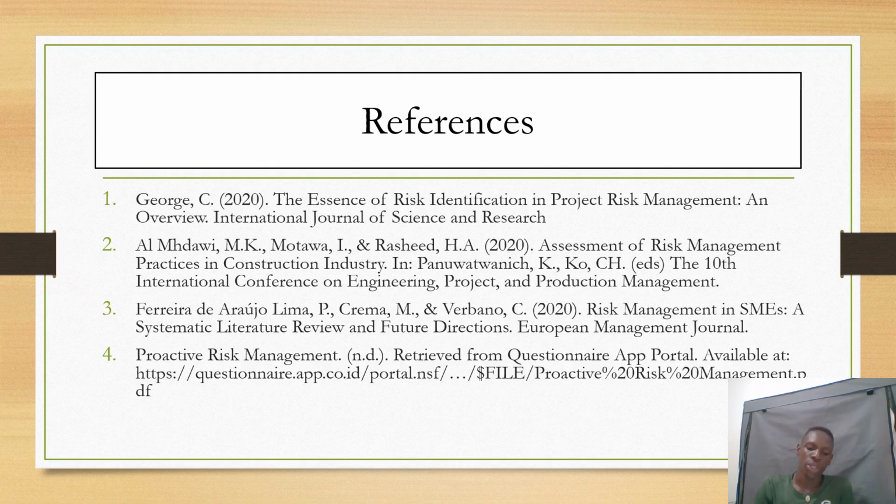We also saw that small scale enterprises lack holistic risk management mechanisms. Despite the existing frameworks, adoption of formal risk management techniques remains low, as studied in Iraq under the construction industry. Preventing these risks before they occur is far better than responding to them, which we discussed as reactive versus proactive. Risk management is continuous. Risks should continue to be monitored, updated, and responded to throughout the entire project.